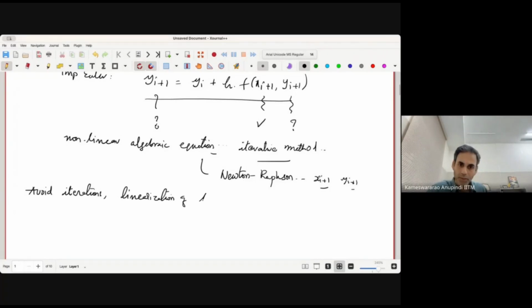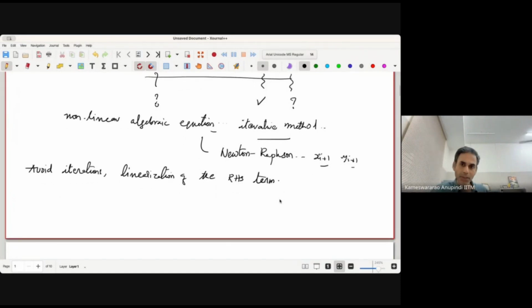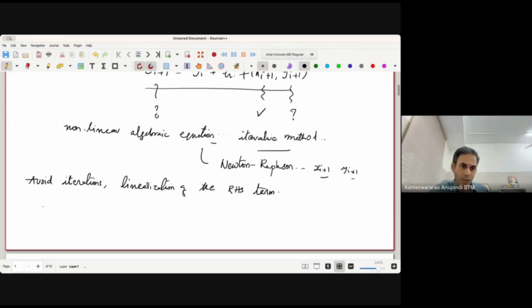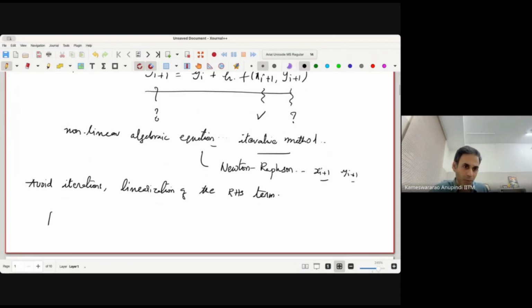Okay, linearization of the RHS term. What we're going to do is, we have f of x_{i+1}, y_{i+1}, which is basically a nonlinear function, as we said. Now, we want to linearize this thing. So we want to linearize, but then in the values of x_{i+1}, y_{i+1}, the difficulty is